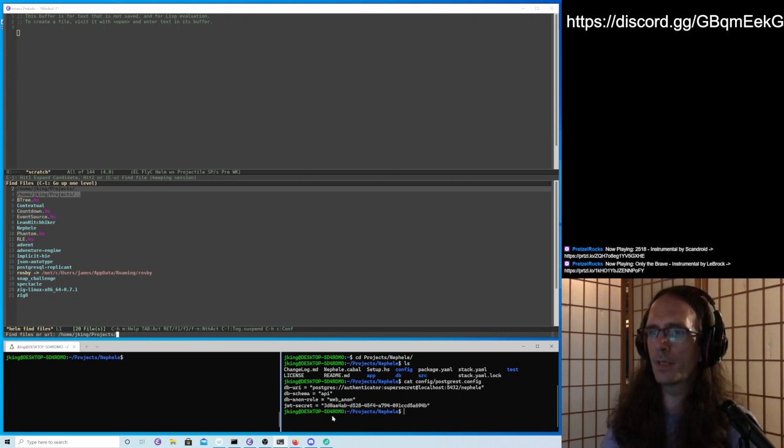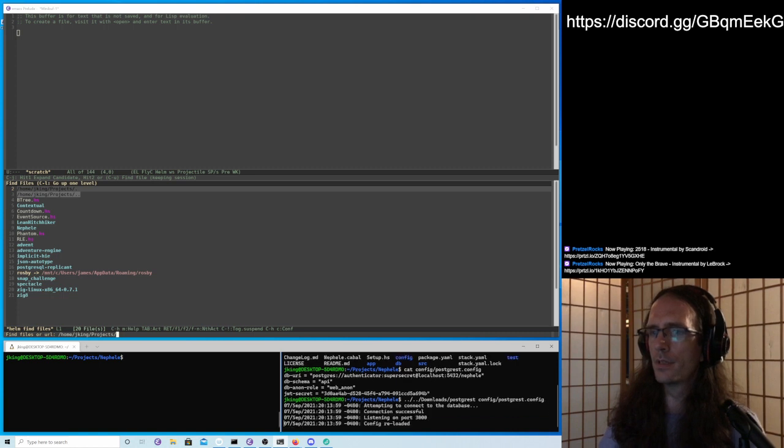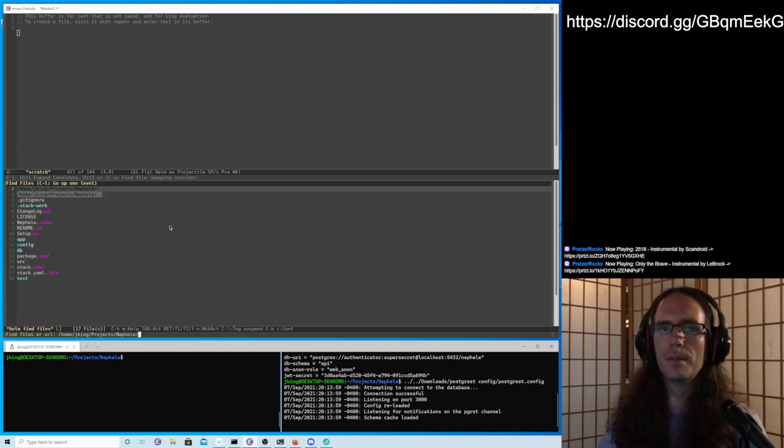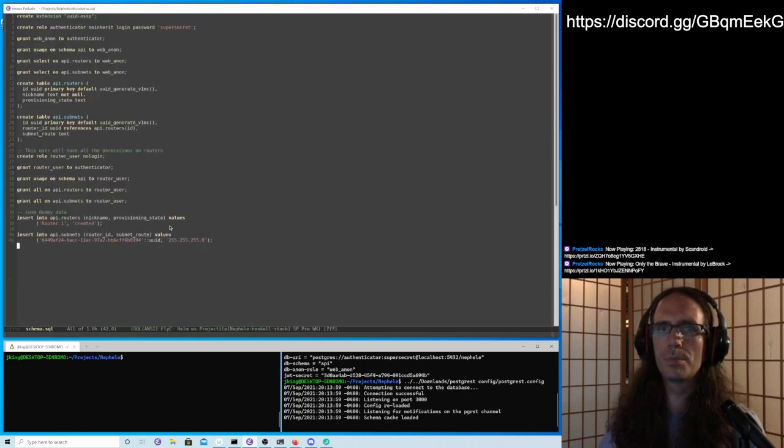So that should be good. PostgREST takes our config file. And netfil, it's going to pull up the scratch SQL file we've been using.